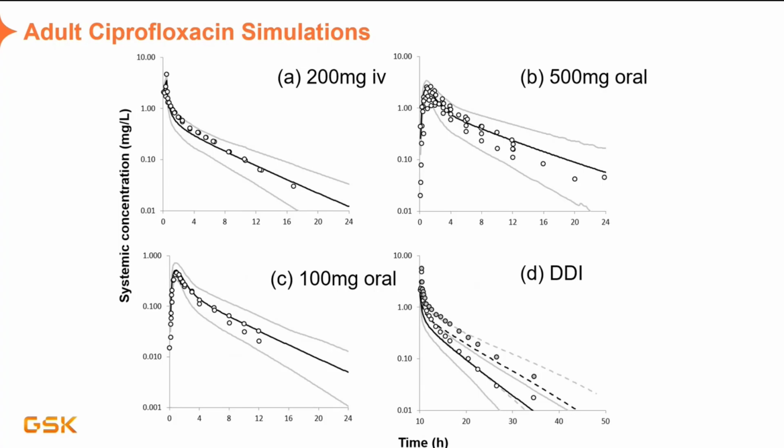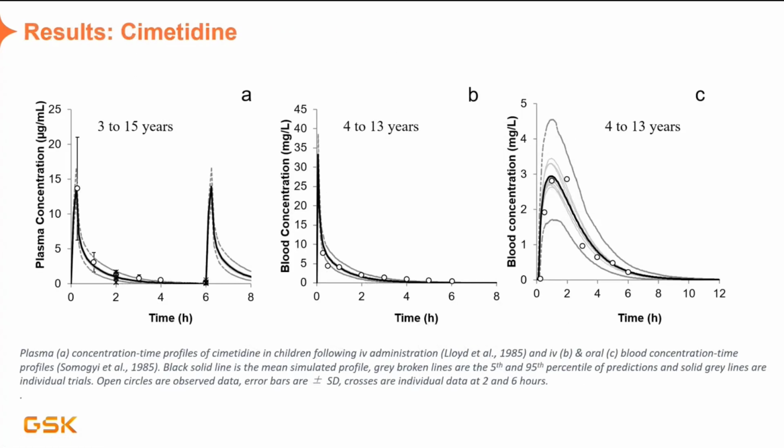This is just to show you, because I mentioned that the file was developed again for the Mech purpose. I'm including this slide to show you the verification of the ciprofloxacin after the model was redeveloped for the Mech model to include the transporters and enzyme kinetic part, and also some verification of the drug-drug interaction with probenecid, which also seems to be captured well. Okay, I think that's the ciprofloxacin case example.